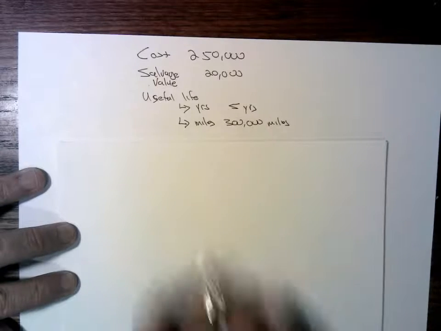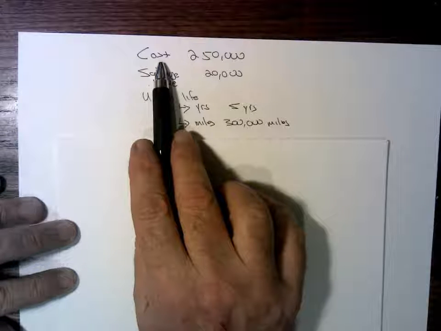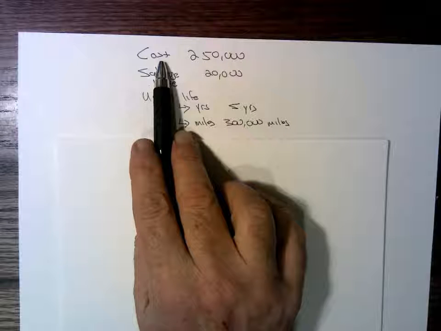Okay, we're going to work through depreciation. First thing we're going to do is straight line depreciation, and we're going to assume that we have the following asset. There, that's better. The following asset we have in front of us. So we're going to assume this asset, whatever it is, a building, a bulldozer, a piece of equipment,